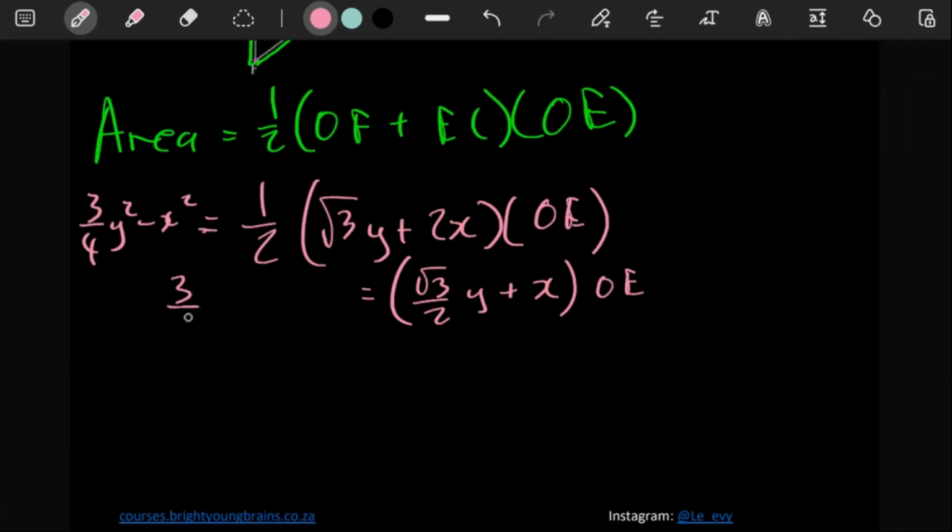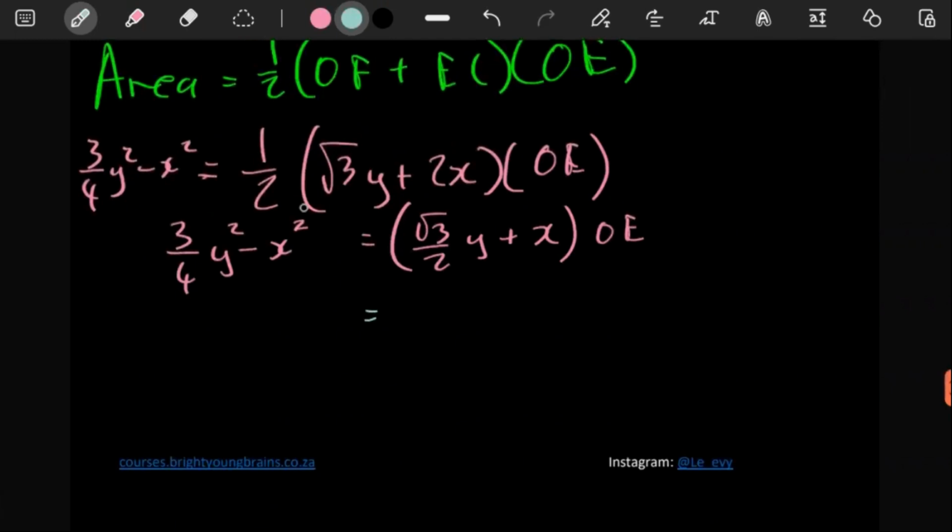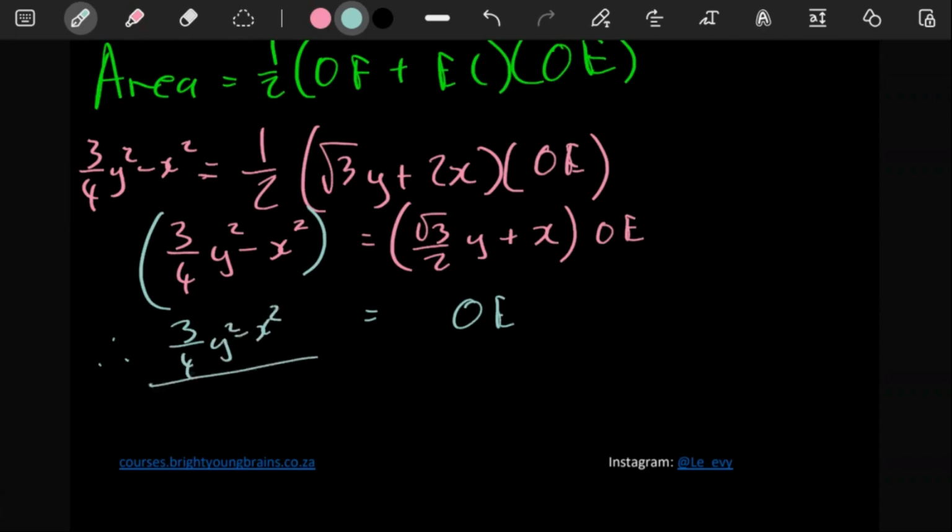So we have to be careful here. But it doesn't look like there's something crazy really here. We just have to divide both sides by this. So therefore, OE, if you divide both sides by what's in front, you're going to have 3 over 4y minus x squared, the whole thing over square root of 3 over 2y plus x. That's OE. Whether you're going to simplify it further or not, I guess you should, because